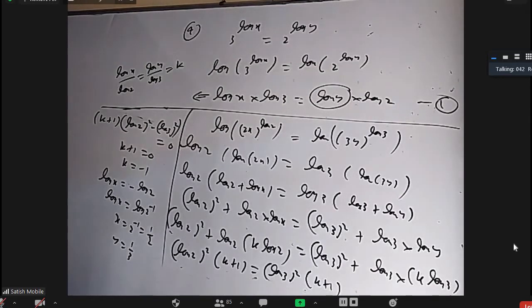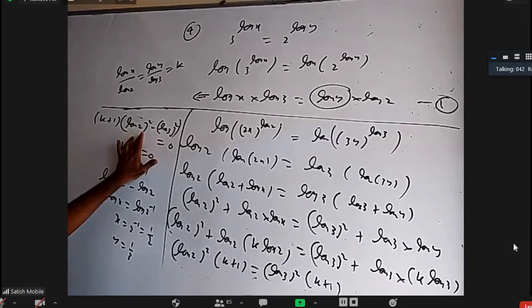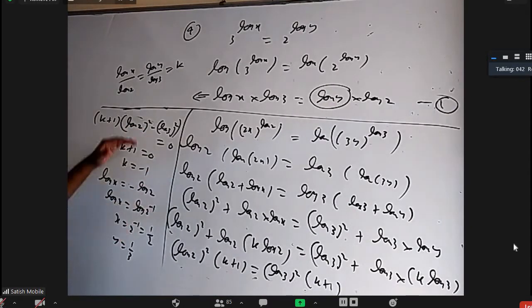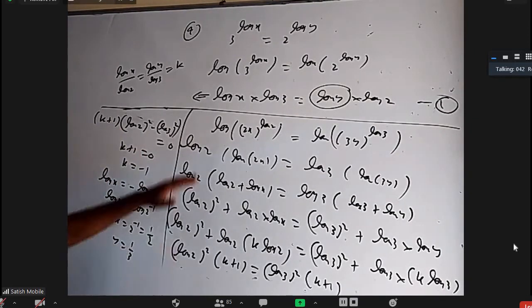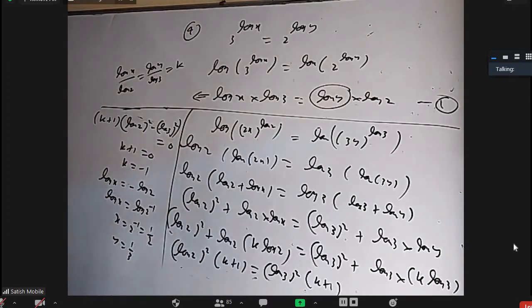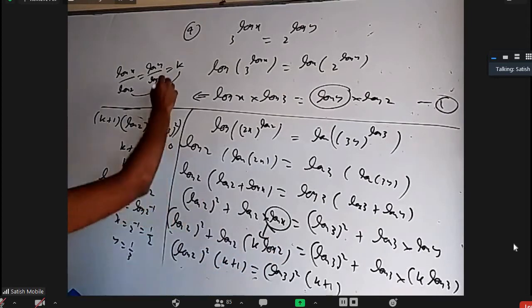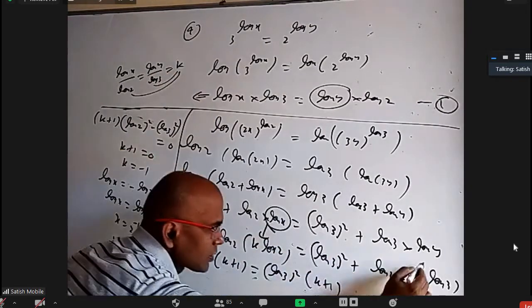Sir, once explain the last step, sir. Here, okay, from this down to this top, right? No, sir, from that top to this down. So this log 2, where you substituted the value of log y, from there to the down one. Okay, got it. You are asking from here to here. Yes, sir. So anyway, in the place of log x, I substituted k log 2. That is this step. In the place of log y, I substituted k log 3. That is from here to here.